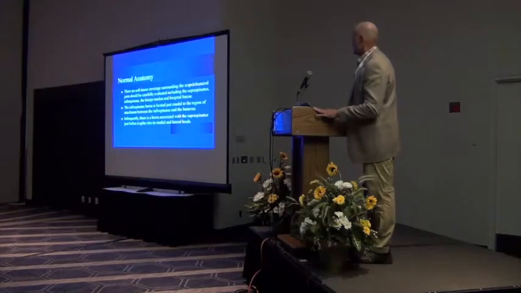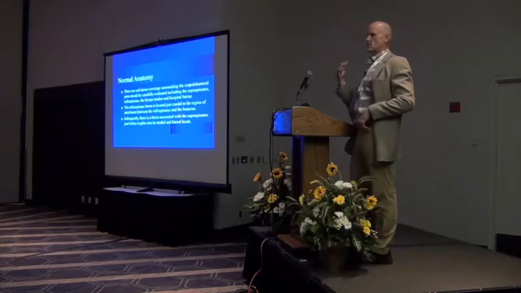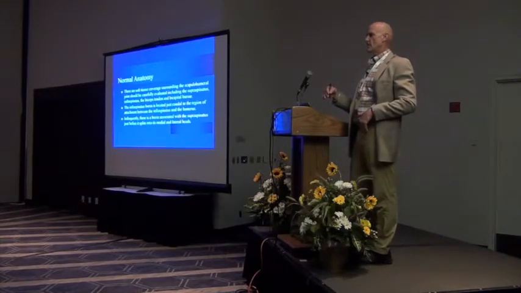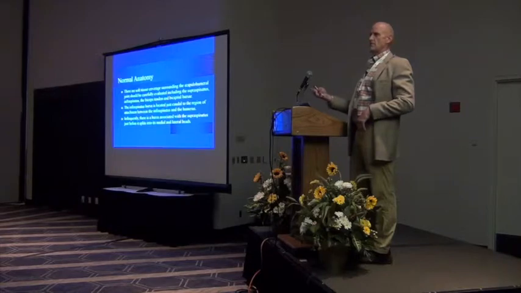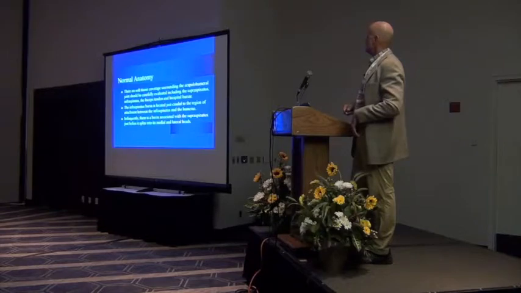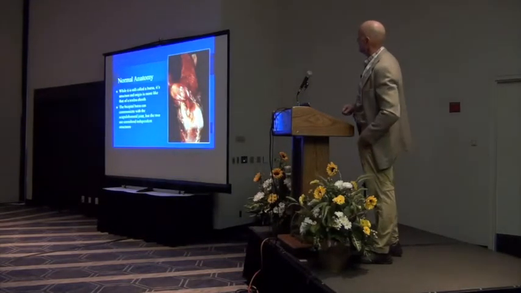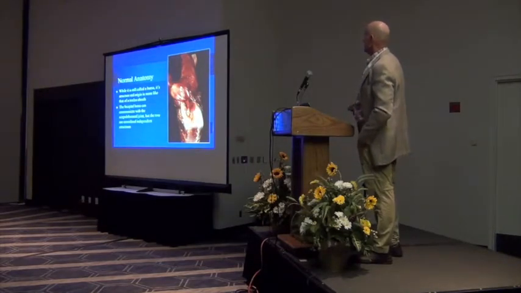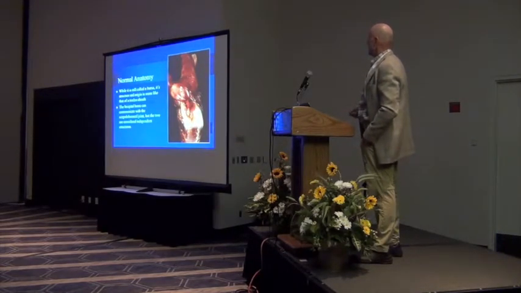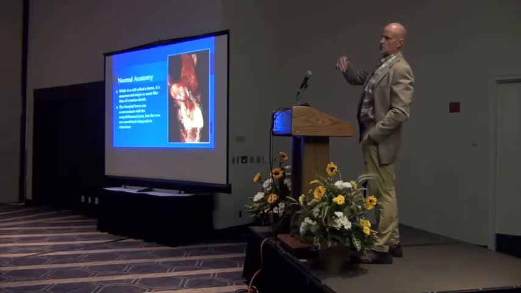And I probably will repeat myself in some of this stuff, but the infraspinatus does have a bursa as it crosses over. Doesn't often present itself as having fluid unless there's some sort of a traumatic injury or some reason for it to accumulate fluid, like some sort of blunt trauma. There is a small bursa sometimes associated with the supraspinatus, but I have not been able to see that to this date. This is just the biceps tendon flipped back, big fibrocartilaginous type structure as it courses over that